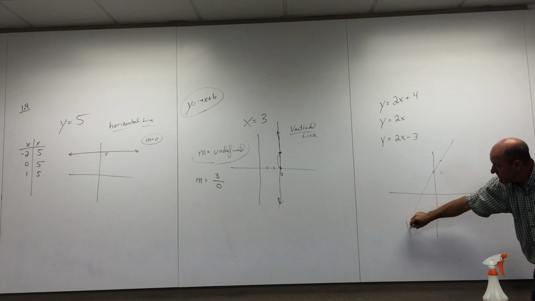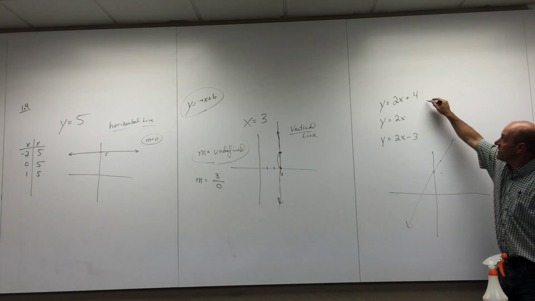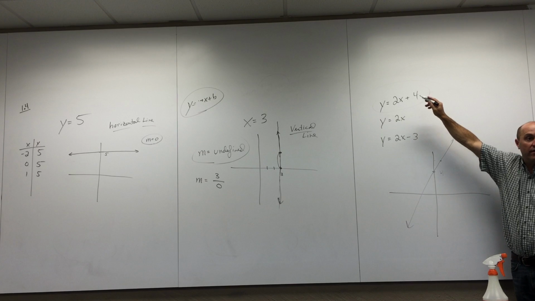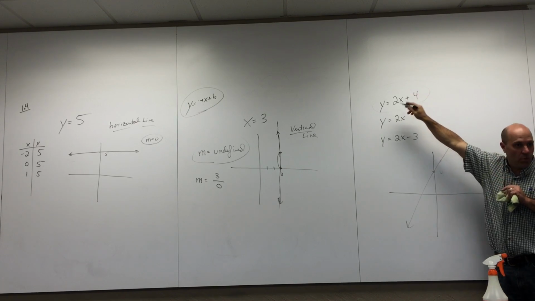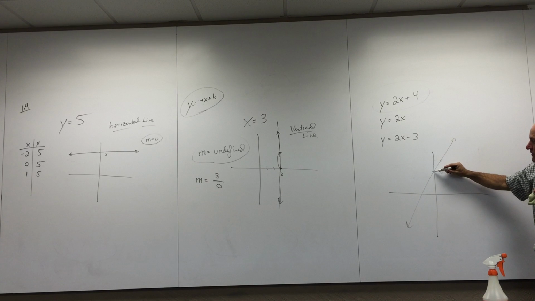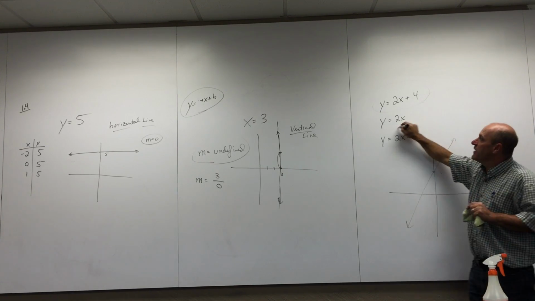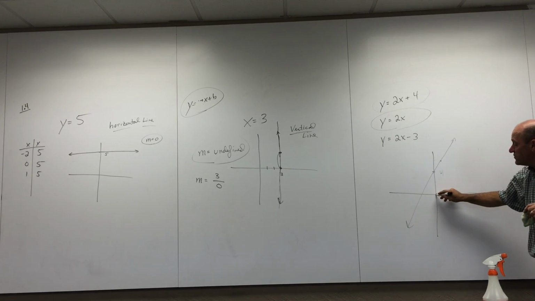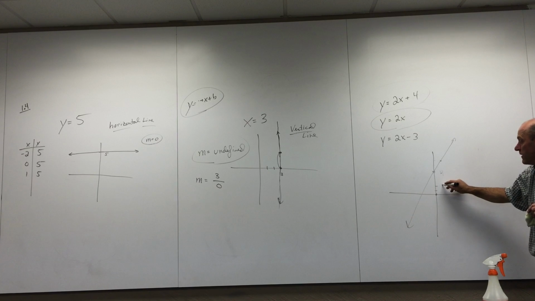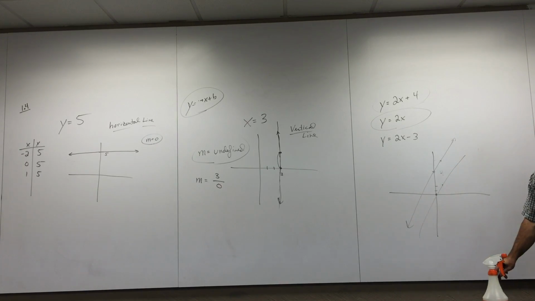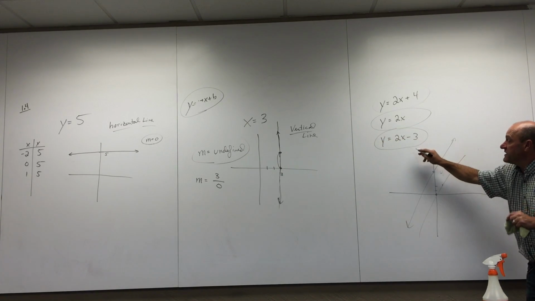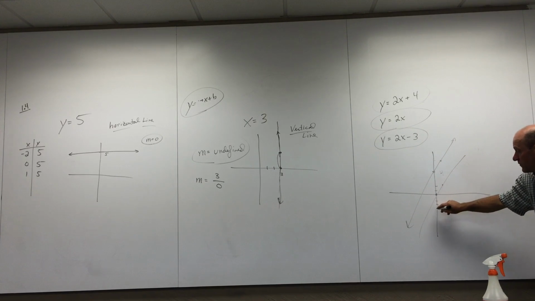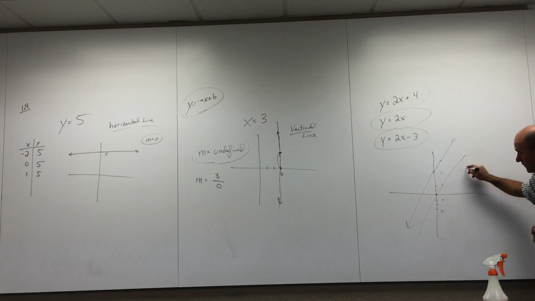There's this line. You guys okay? As quickly as I could, I graphed that line. It had a y-intercept of 4 and a slope of 2, so I started there and went up 2 and over 1. What about this line? Where's the good starting point? The y-intercept is 0, but I still go up 2 and over 1. What about the next line? It has a y-intercept of -3 and a slope of up 2 and over 1. So if I draw that line,